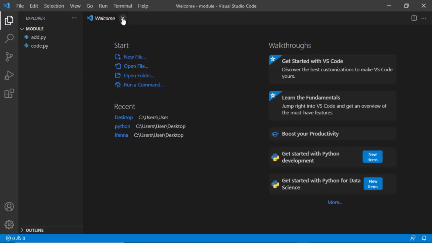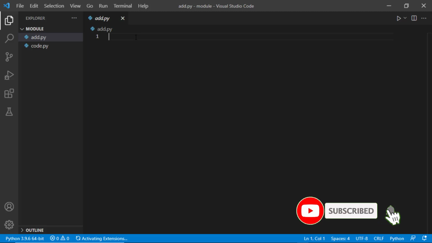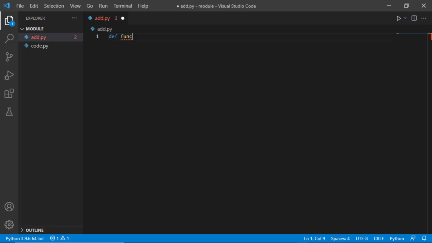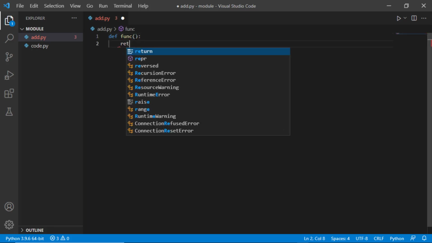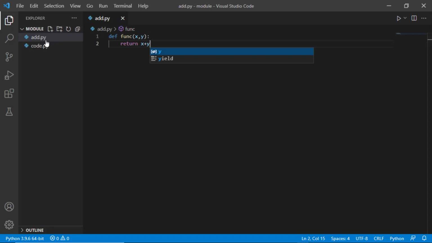So I'm just going to close this welcome screen, go to my add. Like I said, in add I'm just going to define a function, okay, and the name of this function will be func, and then I'll hit enter, and I want to return the argument that I'll pass here. So the argument is going to be x and y, and then I want to just return x plus y, okay, and I'll save this. Okay, so I have a function here. The function is simple, it adds 2 numbers, okay, so this function is going to add 2 numbers and return